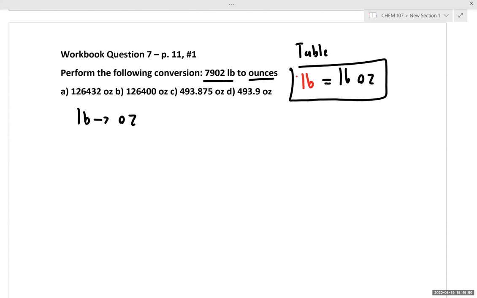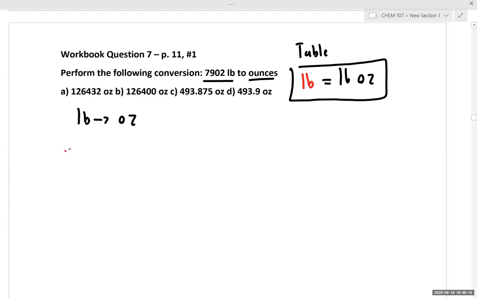Let's try to get a few more responses in the chat before we discuss. As we see a large pool of responses, even though this looks somewhat more complicated, this is actually a one-step